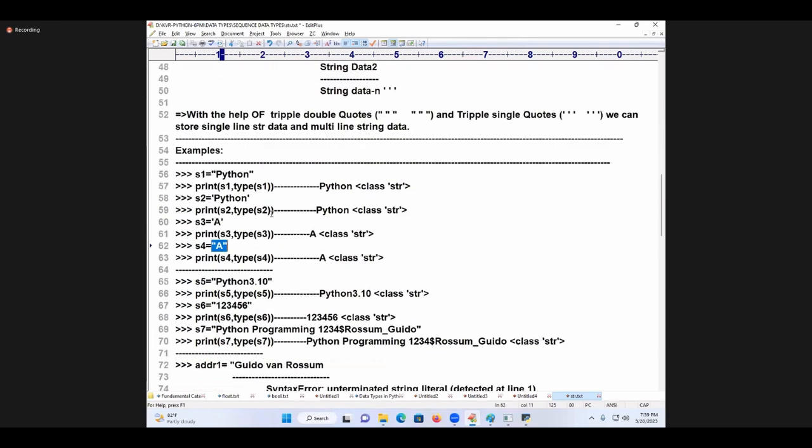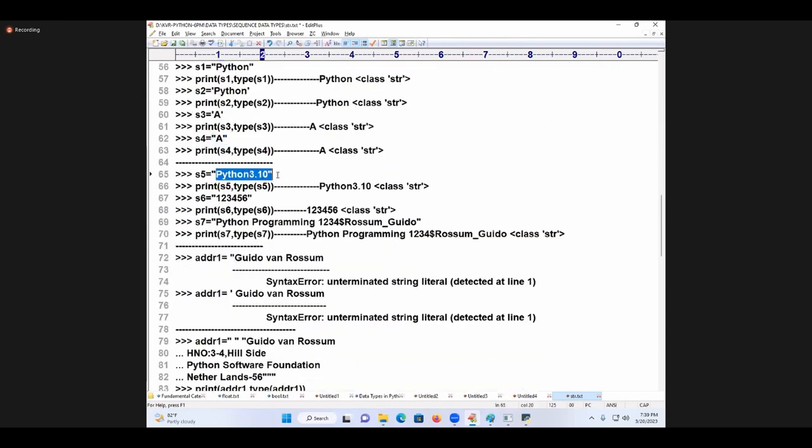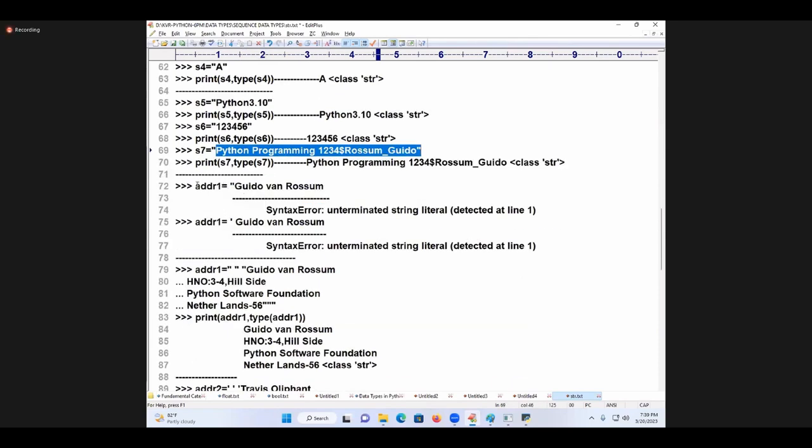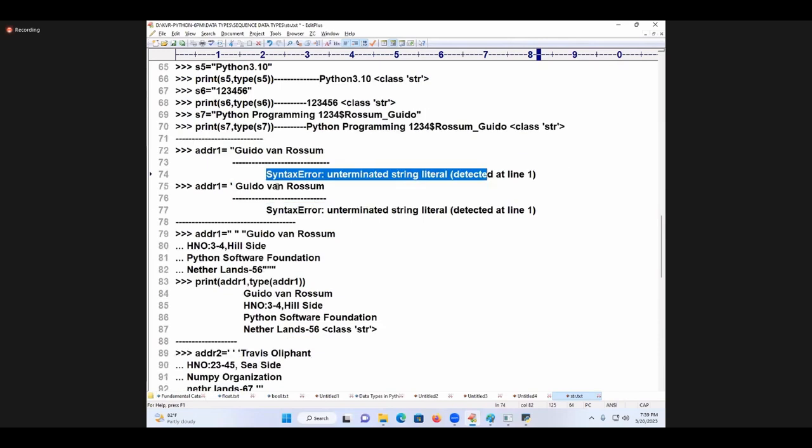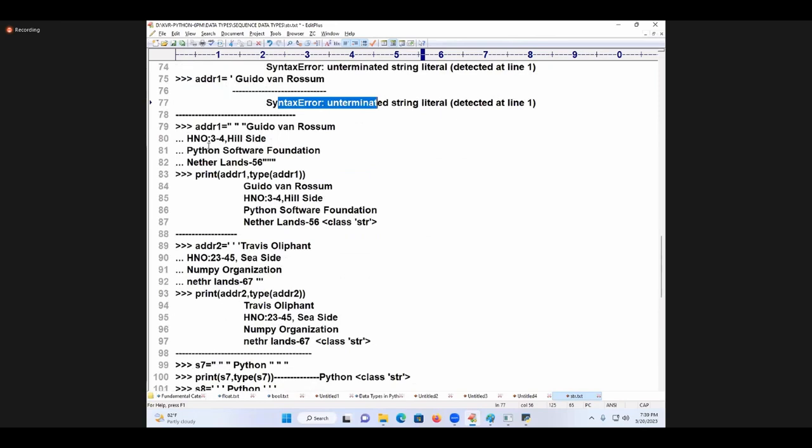You see now? As you see, that single line string data is enclosed within text only. Characters. Here what is happening? Strings with numbers, right or not? Numbers. Some special symbols also there, right? Come on now, ADDR1. Double quote started, error coming or not? Single quote started, multi-line string data, error came or not? So ADDR1, triple double quotes, Guido van Rossum,